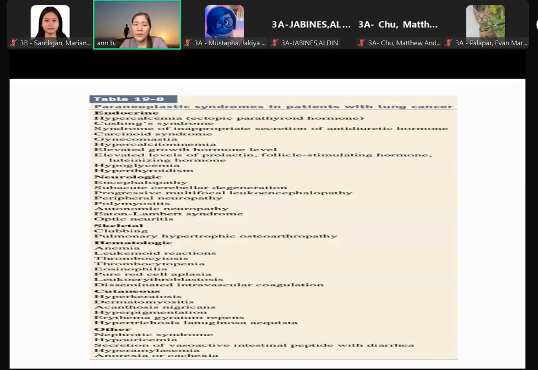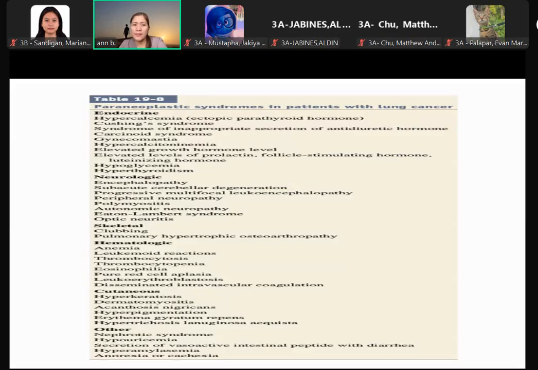So we have here the paraneoplastic syndromes in patients with lung cancer. We have the endocrine, neurologic, skeletal, hematologic, cutaneous, and other. Because when we work up patients with lung cancer, it doesn't mean that we will only focus on the nodule or the mass that we saw. Most of these lung cancers, again, have associated paraneoplastic